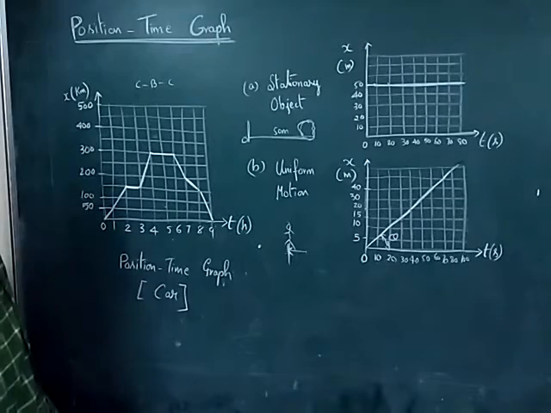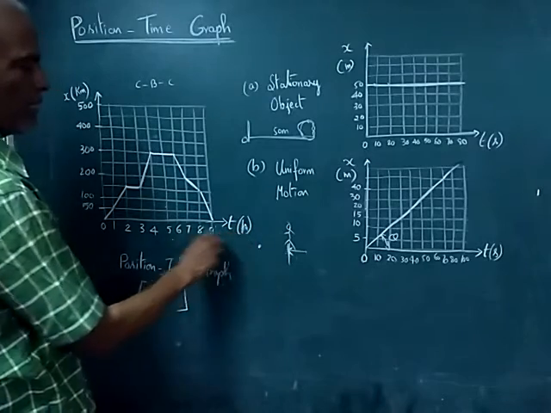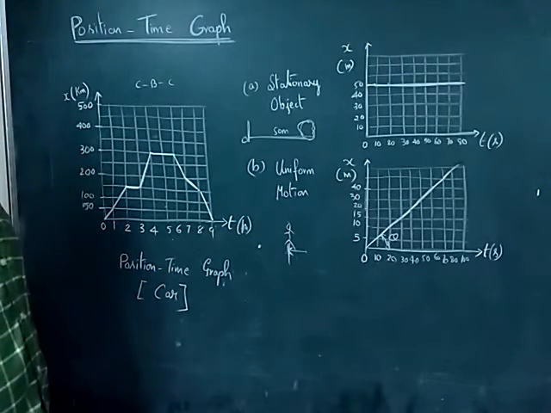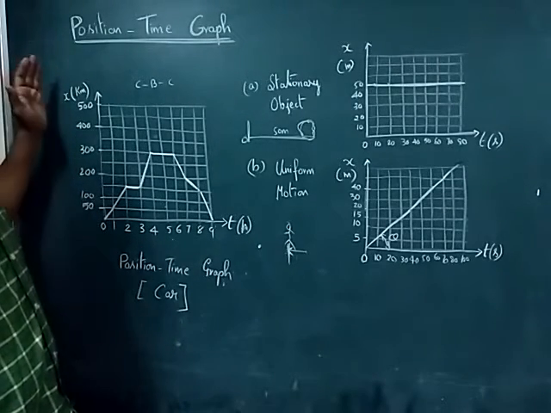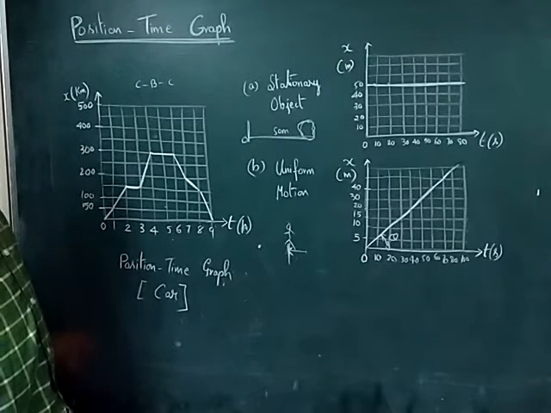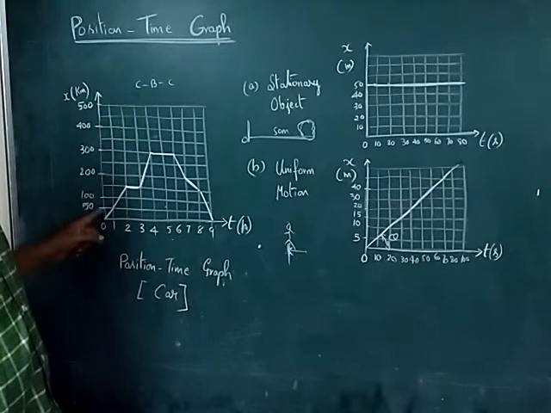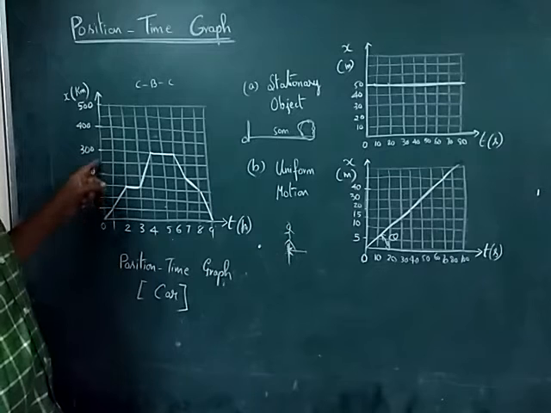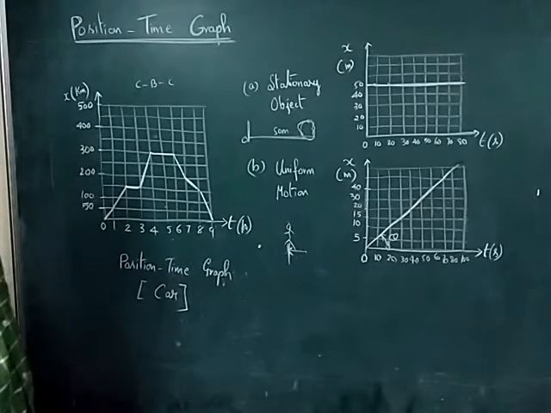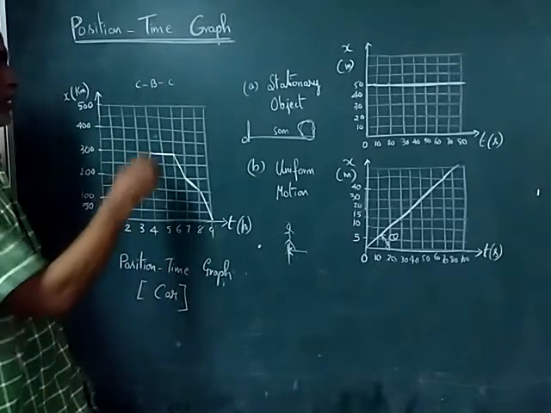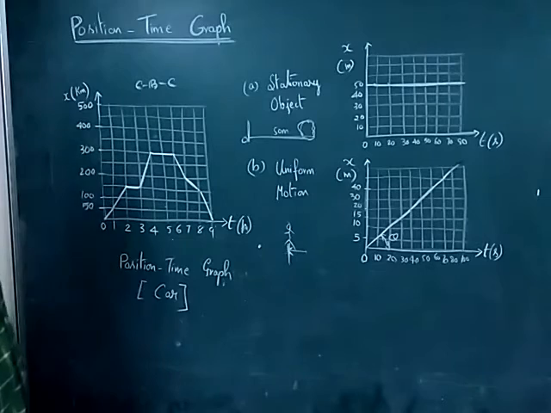If you come to the third case, the same graph, but the x-axis is in hours, because I am going to deal with the speed of a car. And the y-axis is in kilometers. So 100, 200, 300, 400, 500 kilometers. This division is 50, 100, 150, 200, 250, 300, likewise it goes. My idea is, assume a person wants to travel from Chennai to Bangalore, and once again he wants to come back to Chennai.